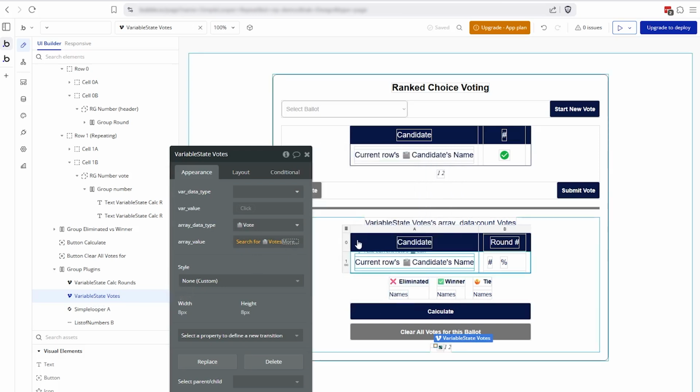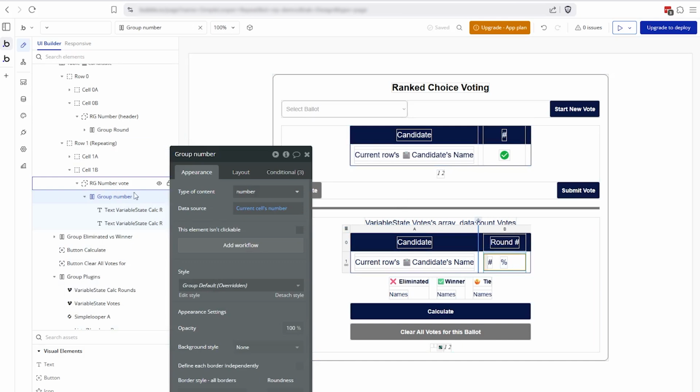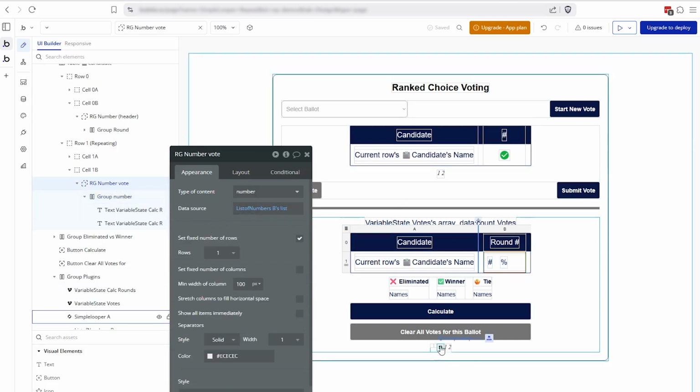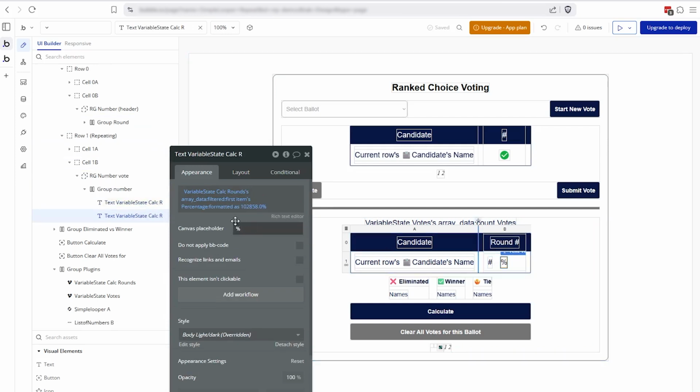So in our table design, our primary data source for the table is a list of candidates, just like the one above. And then our inner repeating group is going to pull from the list of numbers B, the one that we have down below, which is going to generate the number of columns to match the number of rounds that we go through to calculate. And inside of this cell, we're showing a couple of texts to display the number of votes for this row's candidate for this column's round, that intersection, and then next to it the percentage for that. So you don't have to design it exactly this way. This is really just me displaying all of the data that we have